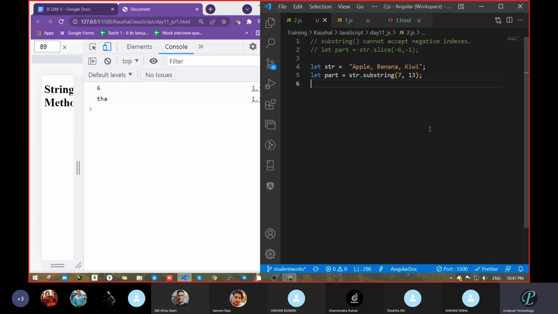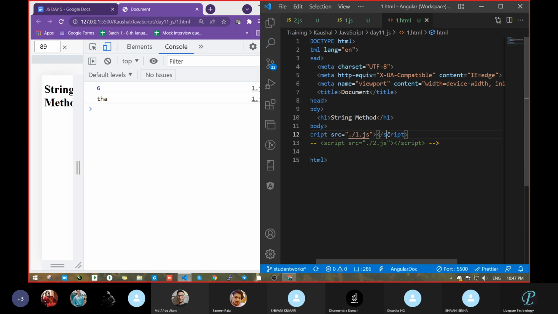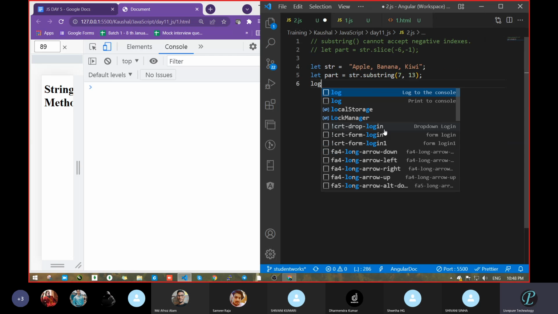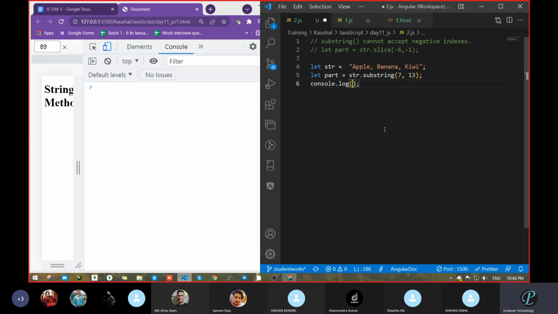And now what is the output? What happened? Banana. Okay. And console.log. Save. Now we are getting banana.